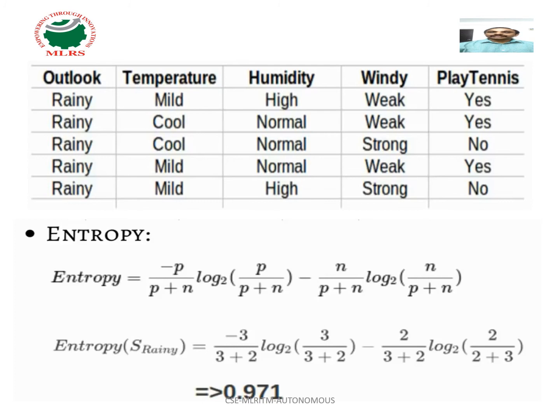At first we calculated the entropy of the total data set S. Later, after completion of selection of the root node, to find the sub-nodes or child nodes of the root node, we took the sunny side entropy, entropy of S sunny, which is one part of the total data set. In the second part, entropy of S rainy, we calculated and got 0.971.